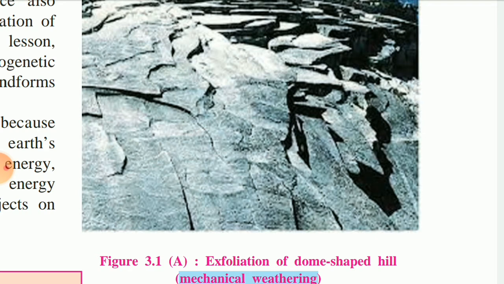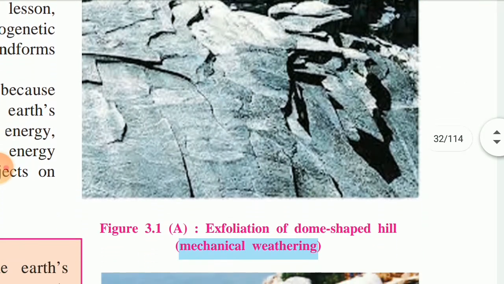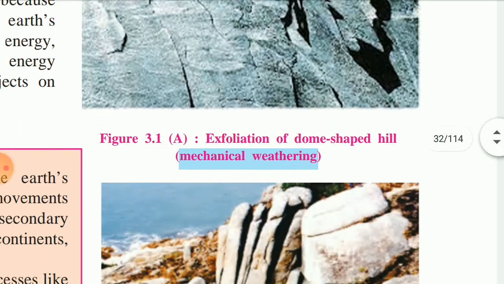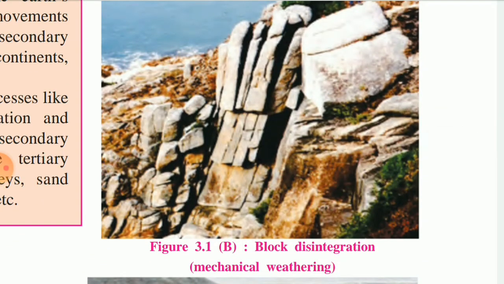So, exfoliation of dome shape hill. So you can see the dome shape and exfoliation takes place. In brackets it's written mechanical weathering. Well, slowly we will learn that. Then in the second part,